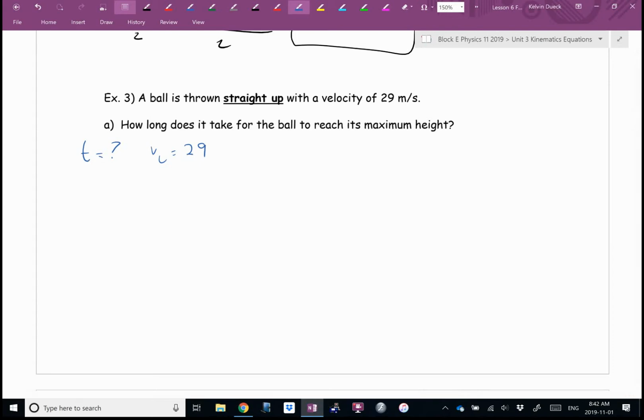Which way is it traveling when you throw it up in the air? Be obvious. I'm looking for a word that starts with letter U. Up. Is it speeding up or slowing down on the way up? So which way is it accelerating on the way up? If it's slowing down, it is still accelerating down. In fact, the entire time the projectile is in the air, a will always be, if we're near the Earth, negative 9.8. And I so rarely take you to the moon, it'll almost always be negative 9.8. Okay?